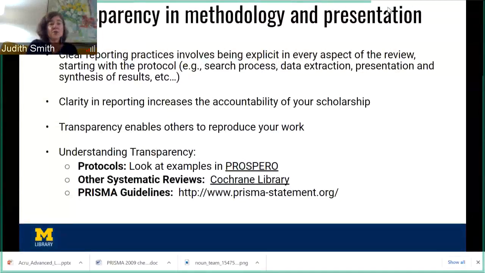You would want to do some searching of grey literature, so content that is produced by research institutes and think tanks and other organizations that isn't in the peer-reviewed literature. And you would also want to do some hand searching, maybe looking at tables of contents of journals of interest, looking at reference lists, doing citation tracking, which I'll get to a little later.